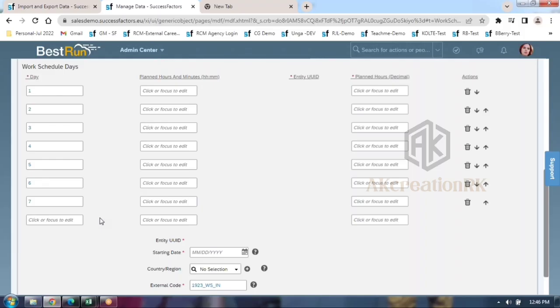Keep that in your mind. If you go by a 1-week schedule, what happens? If you go by a 1-year work schedule, what happens? I will explain all that. Let me create a basic work schedule first. Now for planned hours, if I maintain just 8 hours, see the system behavior, guys. It picks 8 hours and 0 minutes. That is fine.